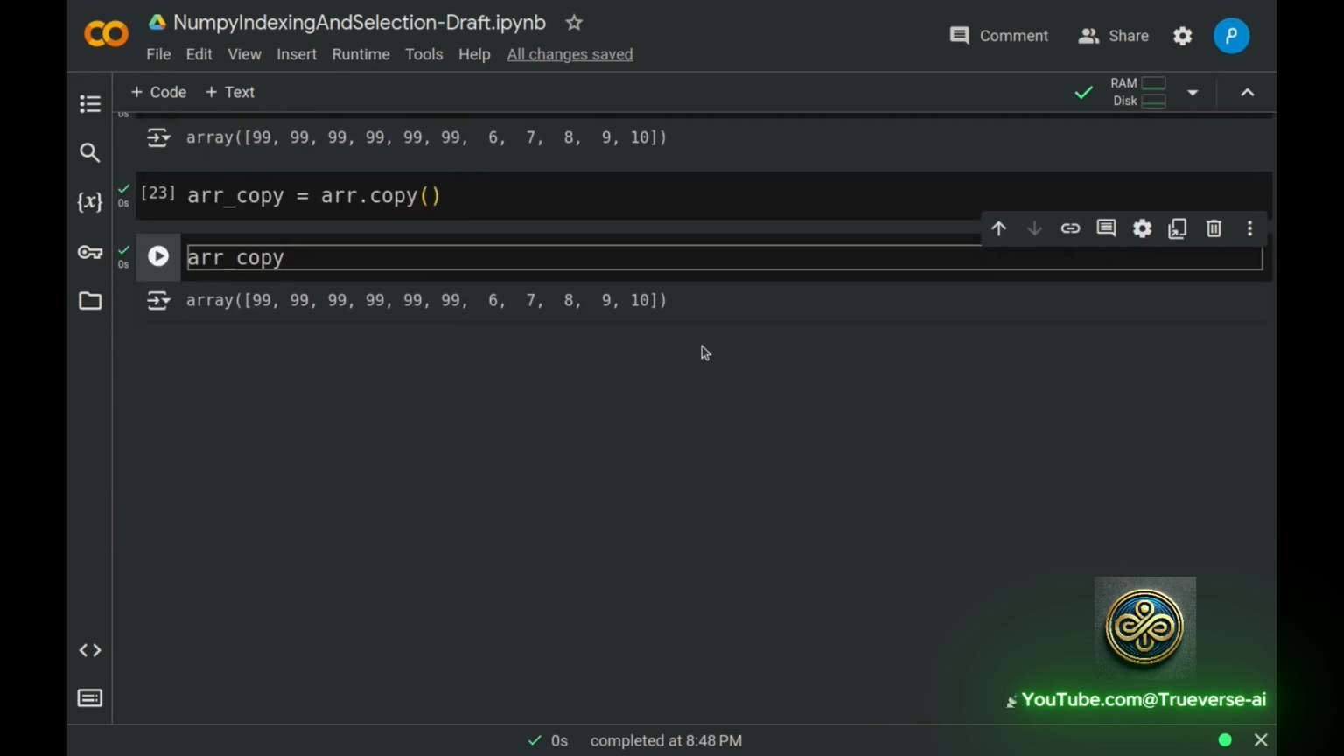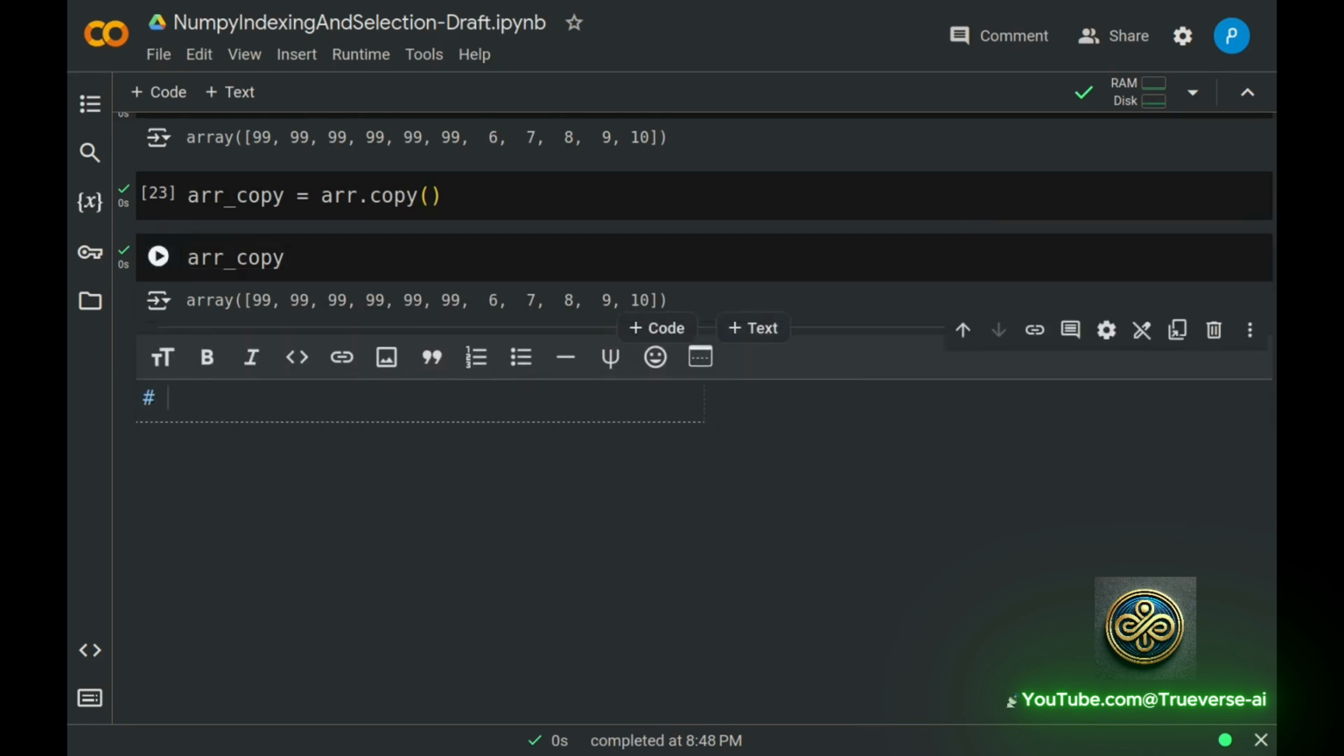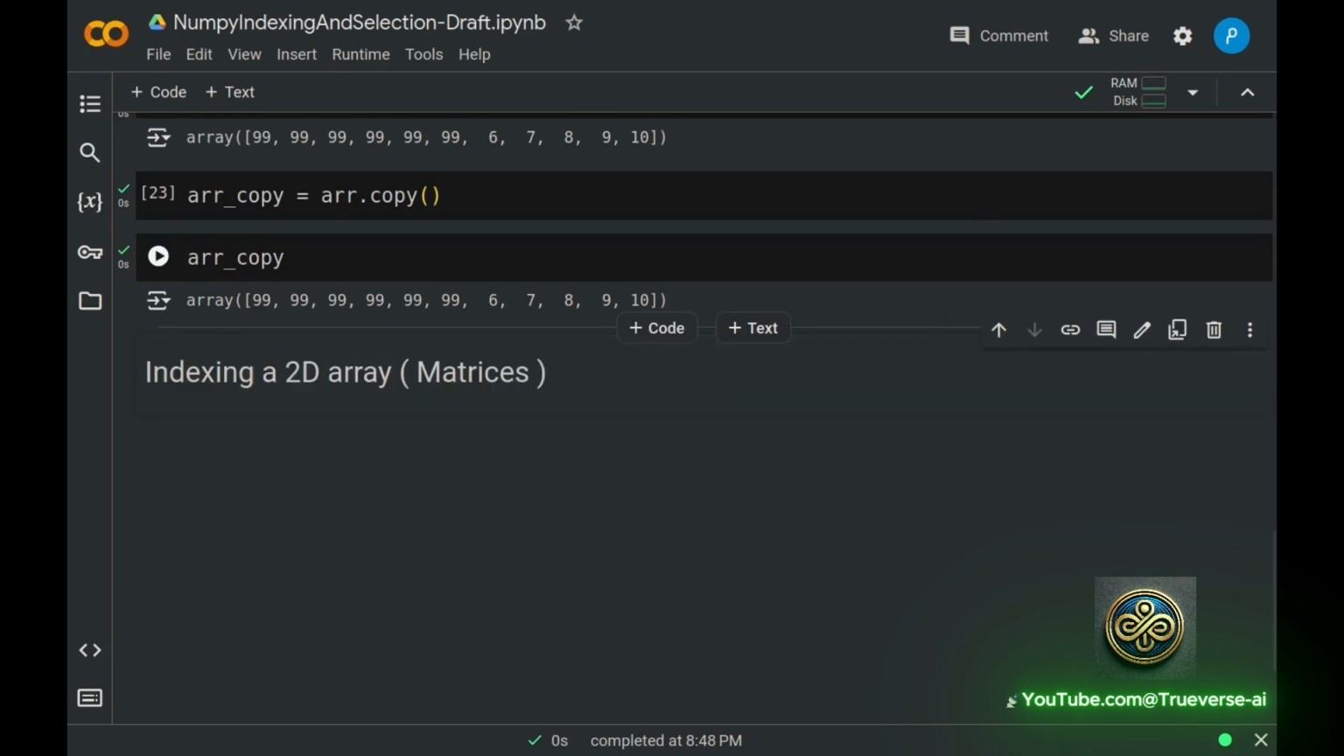Okay, next let's move on to 2D arrays or matrices. Indexing a 2D array. Alright, the general format is writing the array and then passing the row and column numbers. For example,